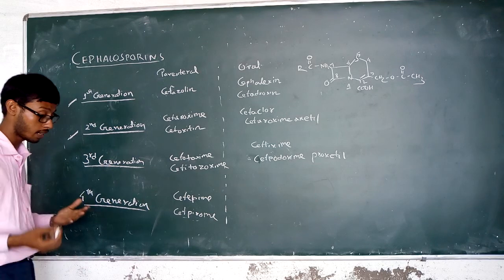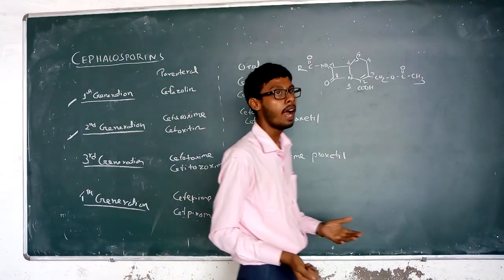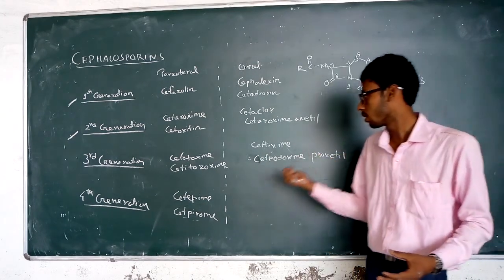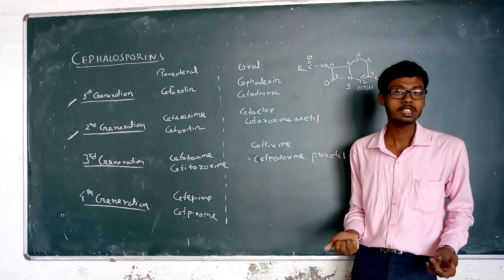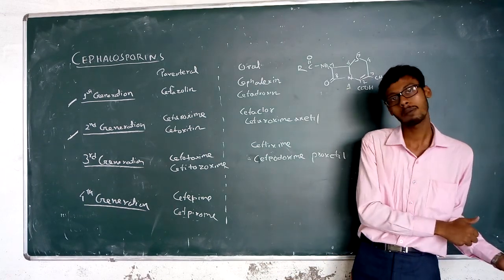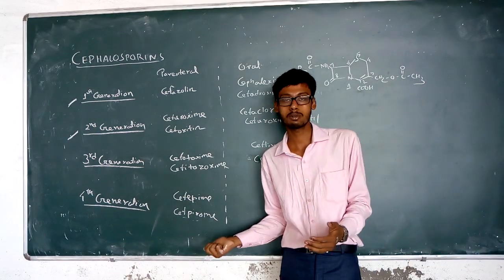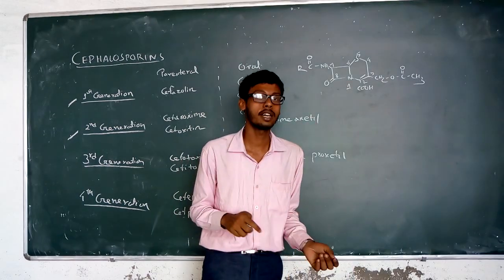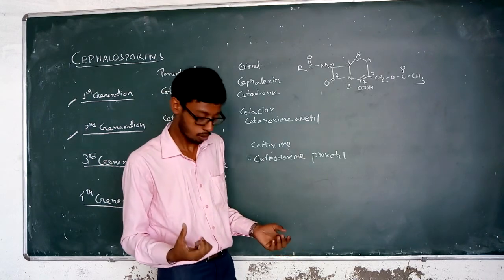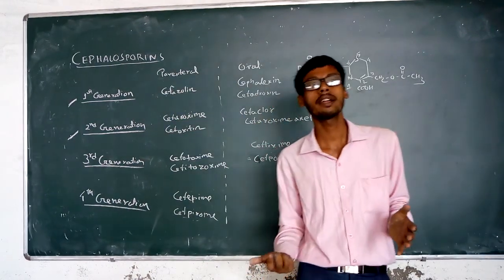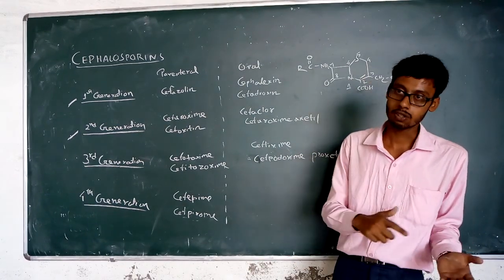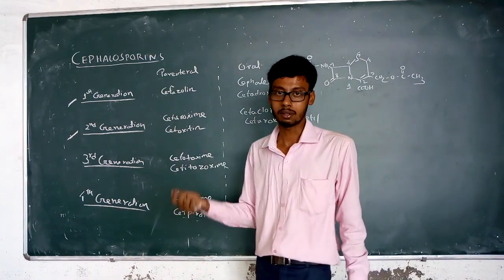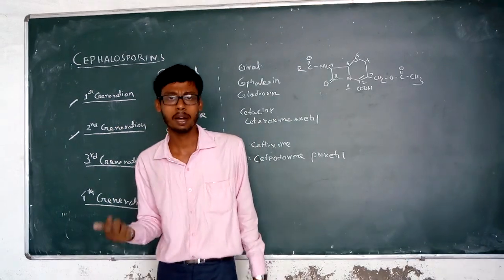After that, the third generation was discovered by studying structure activity relationships, and it produced third generation drugs which are highly beta-lactamase resistant. Beta-lactamase resistance was studied in the case of penicillin, that is penicillinase, and in the case of cephalosporin it is cephalosporinase. These beta-lactamase enzymes are responsible for the breakdown of the beta-lactam ring, converting the drug to its inactive state, so that the penicillin or cephalosporin does not exhibit its pharmacological action.